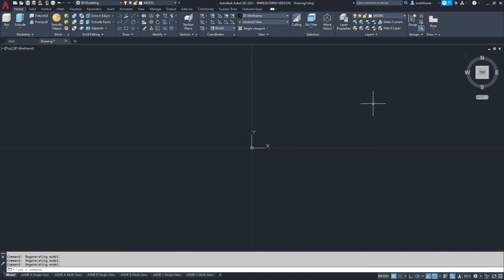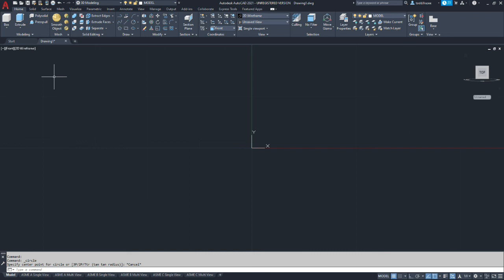So that said, we're going to shift our world coordinate system to front, and then we're going to change our dynamic ECS. We're going to set that on the front view. And one thing I need to remind us to do, this drawing is in metric, so we need to make sure we set our units before we start drawing.